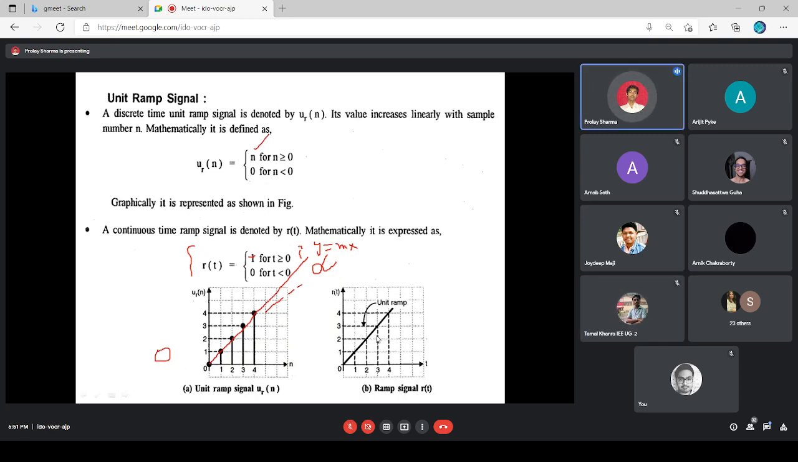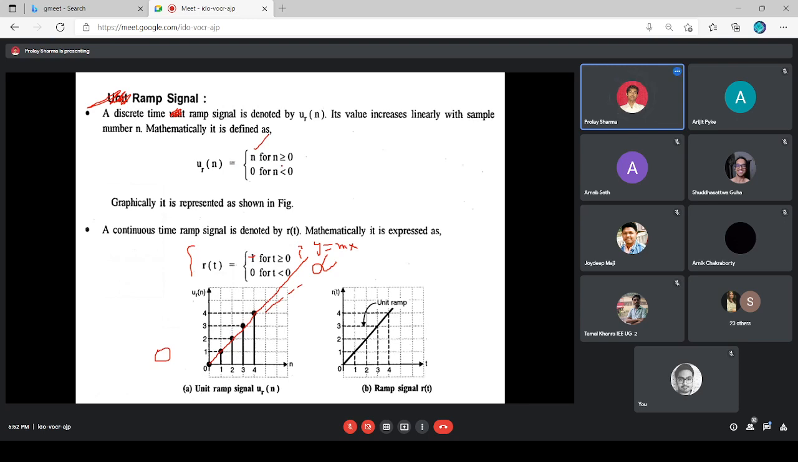This is the continuous signal. This is your discrete signal. We can write ramp signal only, because unit ramp signal is better not to say. So for different time, suppose when